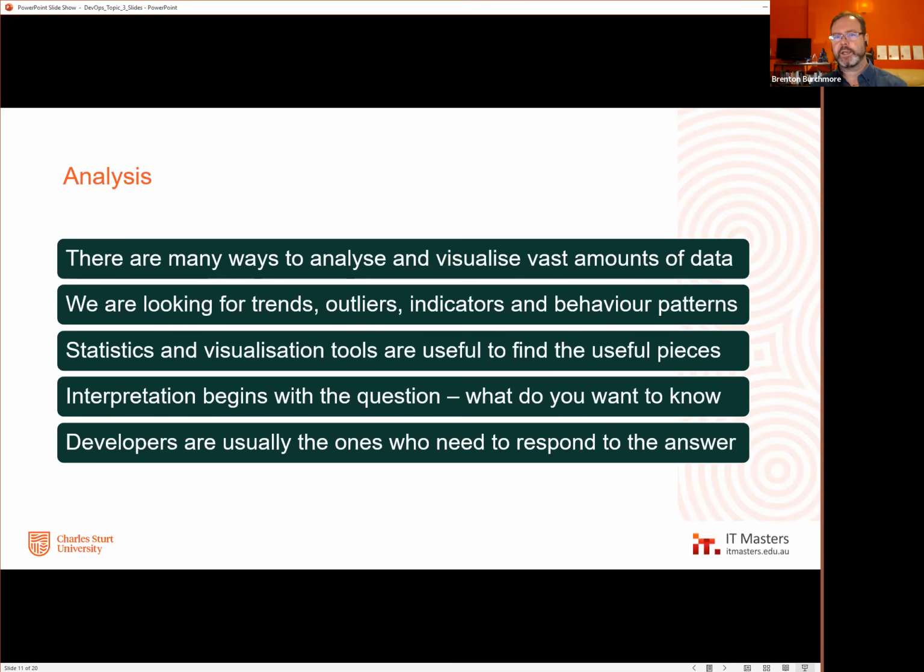So this is where you have another feedback scenario between peers. You have operations in possession and required to look at and analyze vast amounts of reports and data and graphs and charts, and they spot something because they're experienced, they're well-trained, they know what they're looking for, and they spot something, but it's just a number on a graph. What does it mean? DevOps requires that there be enough synergy to say, well, we need to talk to devs about trying to figure out even where to look for this problem.